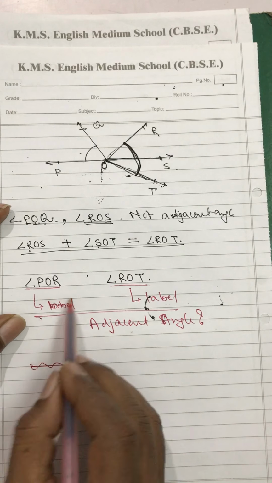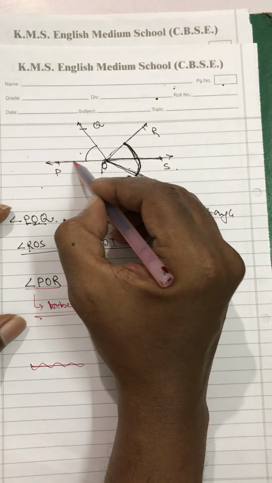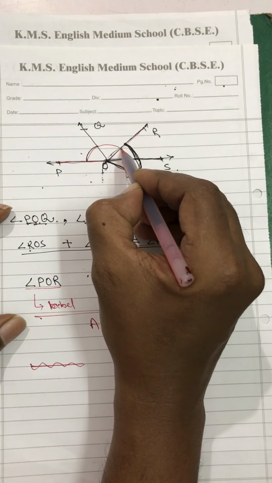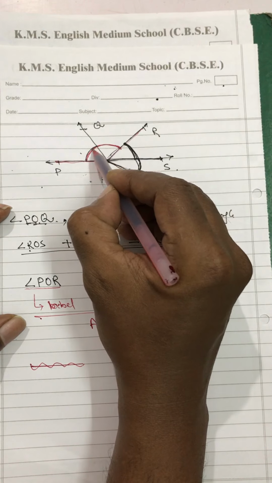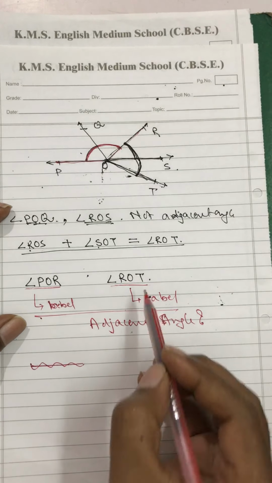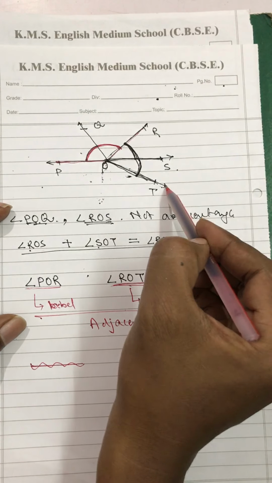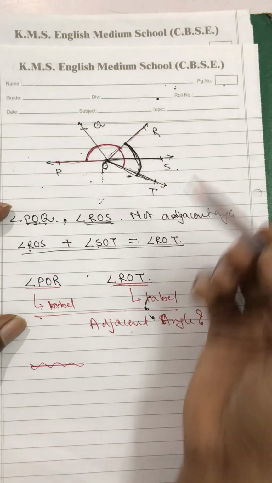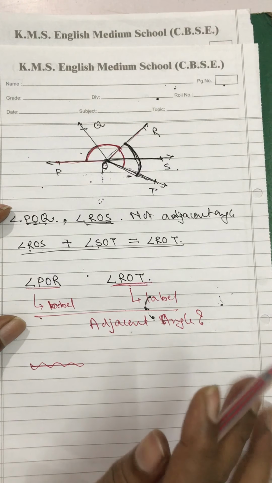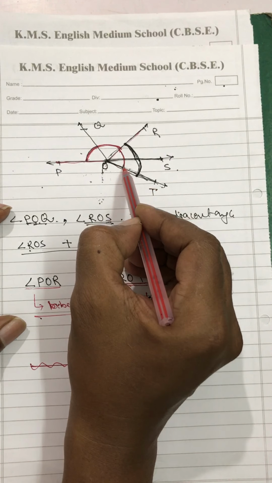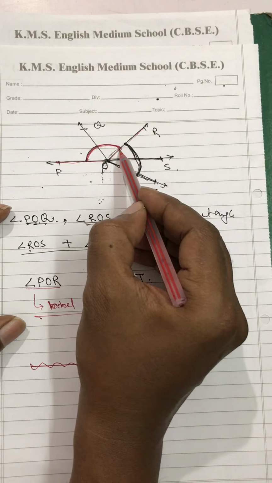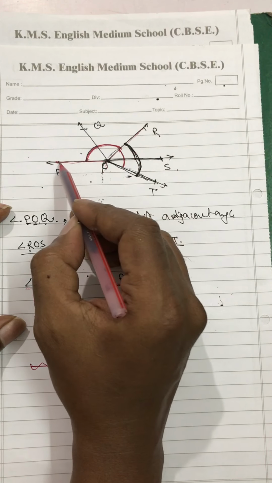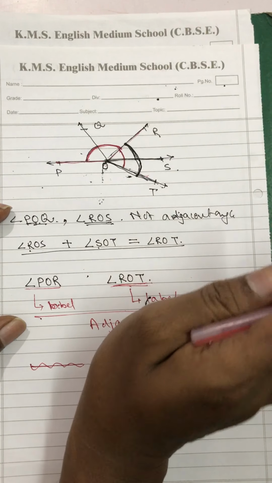So now coming back to this topic, angle POR. When I label this angle POR, my label will be here like this, red mark. This is POR. And what about angle ROT? ROT here. You should always have some difference. This is angle ROT. So is there any gap between the two markings or any overlapping among the markings? No, there is nothing of that sort. So definitely angle POR and angle ROT are adjacent angles.